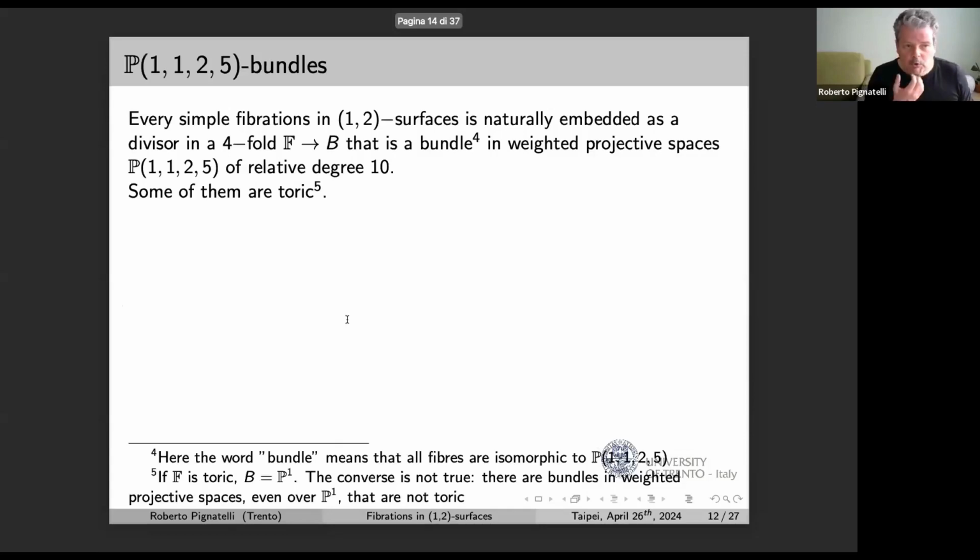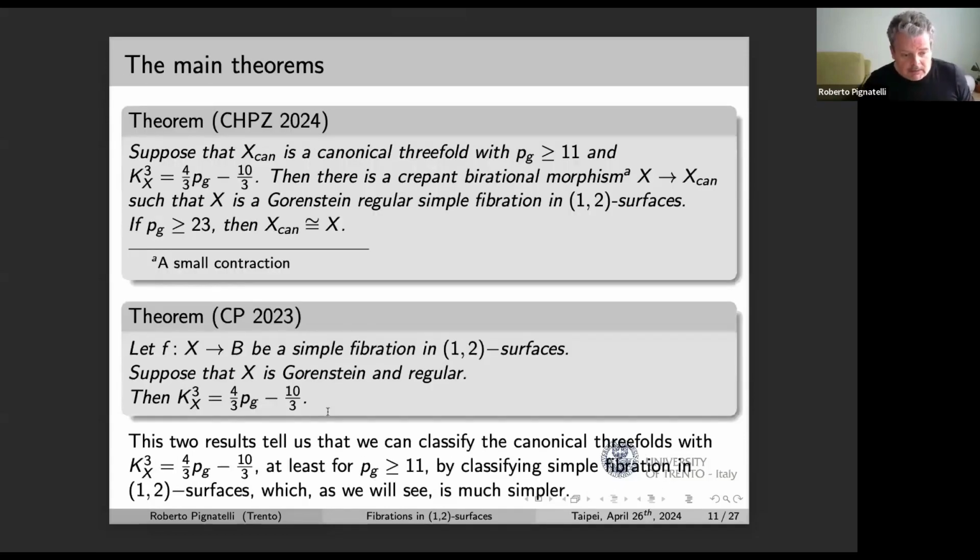So let me go towards this classification. It is clear now that, if you believe this theorem, which puts together two theorems, I'm not going to explain the proof of these two theorems, which are both technical and, I have to say, absolutely completely different in techniques. But the applications, I mean,